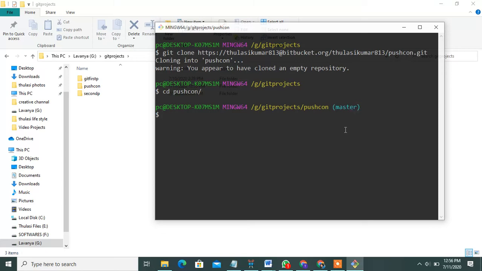Master branch, the default branch. Okay, how to create one folder or file and write some code also.